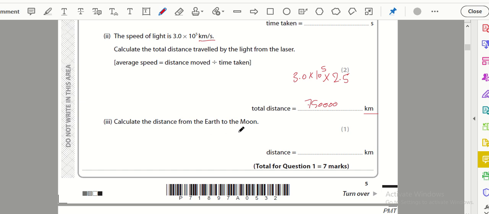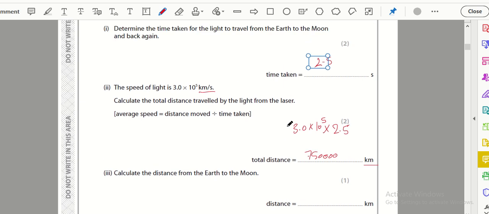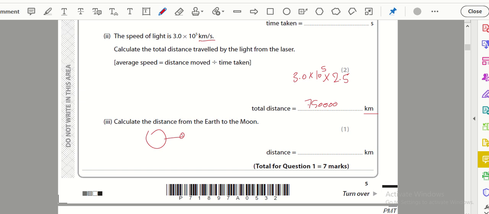Calculate the distance from Earth to the Moon. It will be the total distance divided by 2, as this distance is calculated by multiplying by the time of traveling from Earth to the Moon and back again. So half this distance will be only the distance from Earth to the Moon. So the answer will be